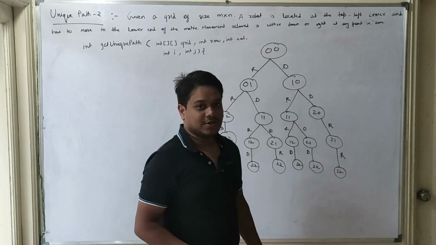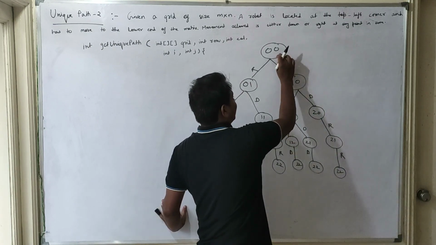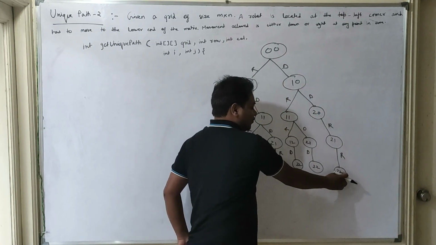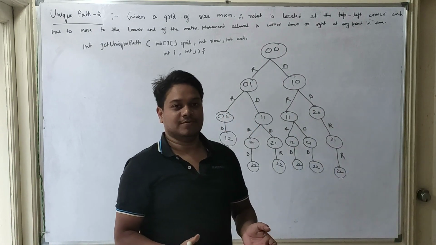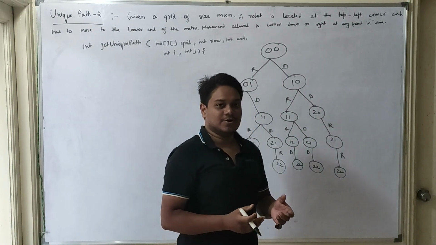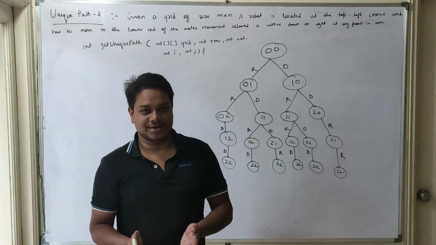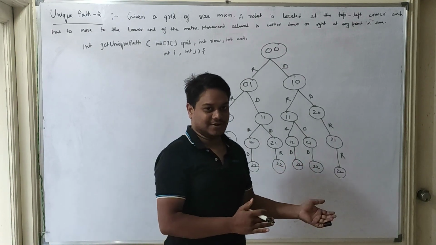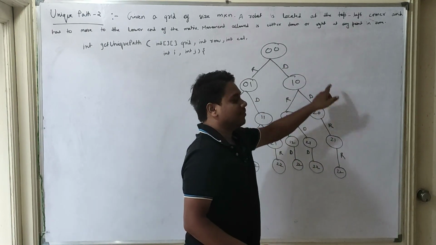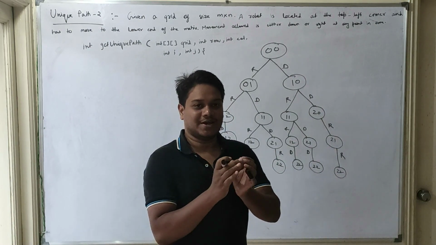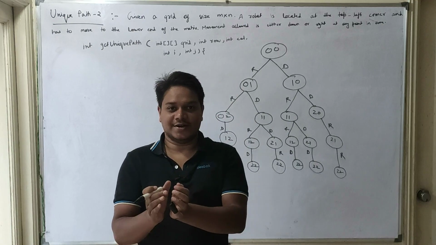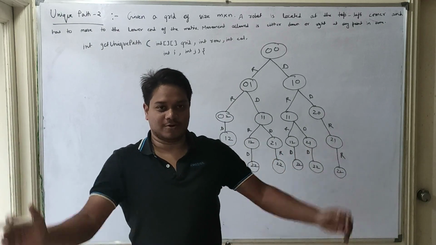Okay, we started from the 0th index and we are going all the way to 2 2, that is we are going bottom up. We have started from 0 0, that is the starting index, and then we are going to the last index. That is why it is bottom up. We are piling the solution from smaller subproblems. We are combining smaller subproblems and creating the solution for the bigger problem.